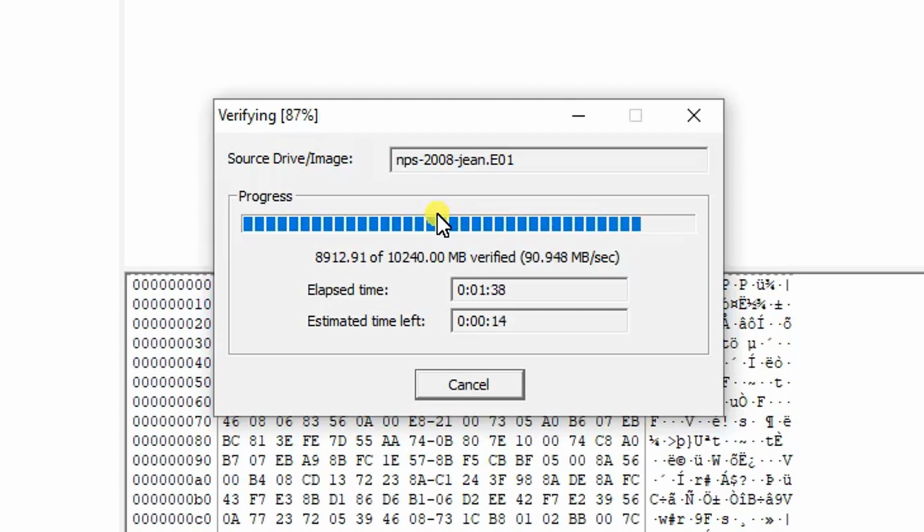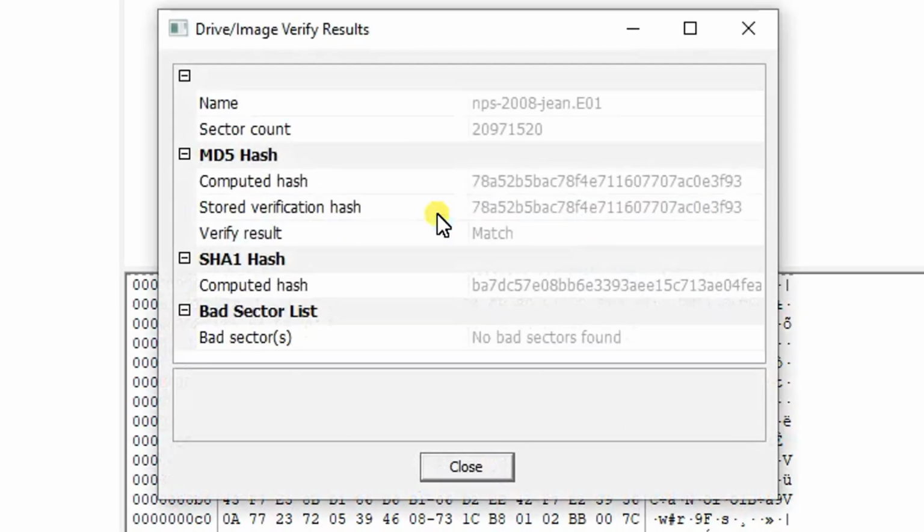It takes a few minutes, but we also get a description of the importance of making a backup of your image file and of verifying the MD5 and SHA-1 signatures. So here you can see the verify result: match. This is MD5, right? The MD5 signature when created and here when verified. So everything is okay.